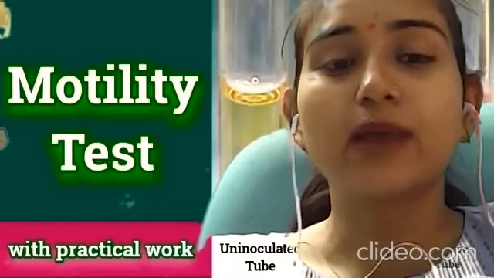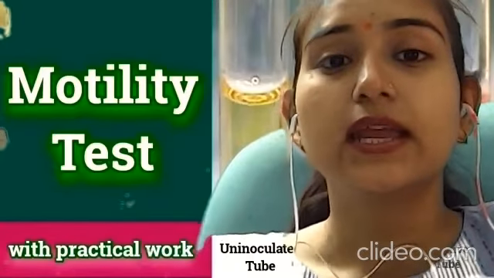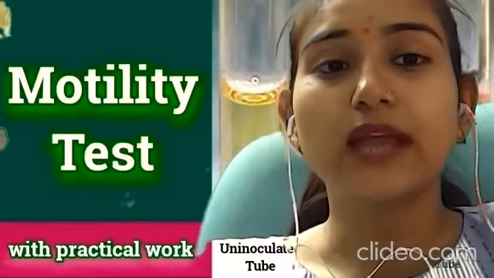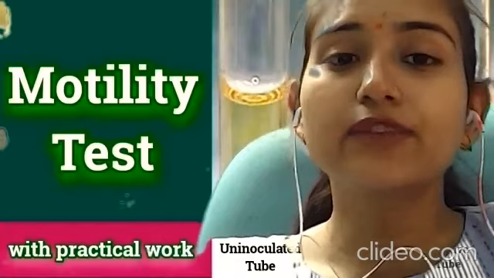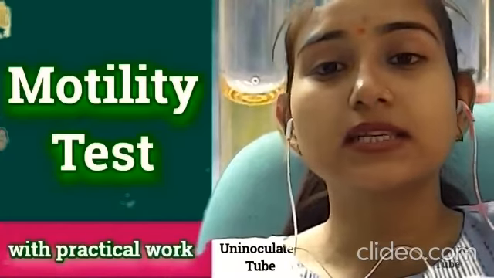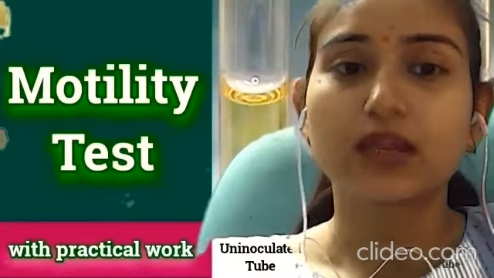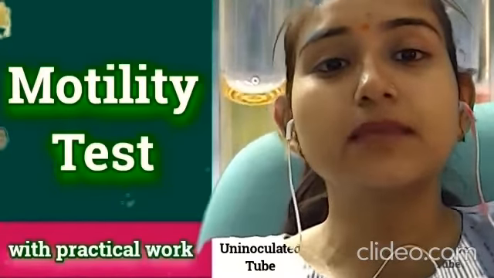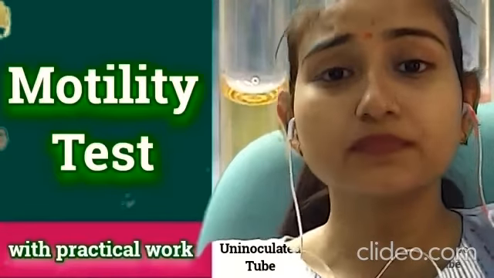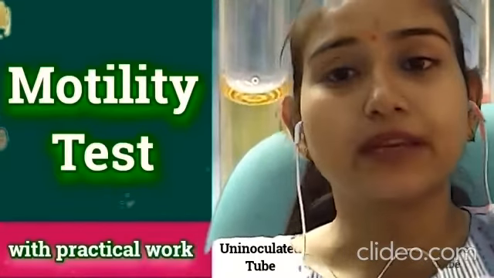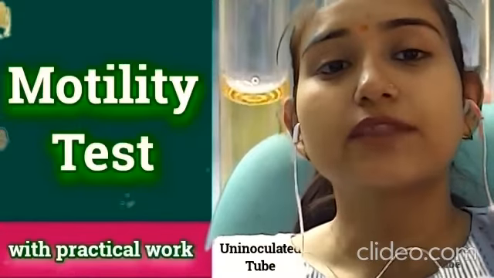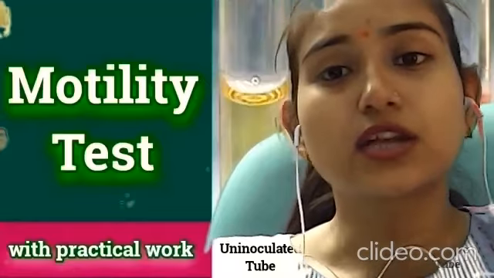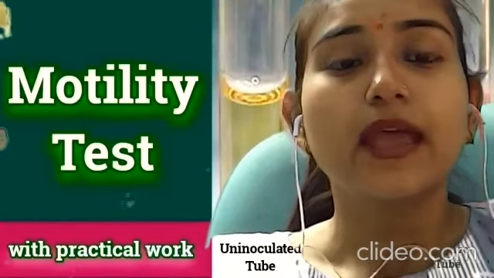Motility of bacteria is mostly demonstrated in a semi-solid agar medium. In semi-solid agar media, motile bacteria give a diffuse, spreading growth that is easily recognized by the naked eye. The medium mainly used for this purpose is SIM medium, that means sulfide indole motility medium, which is a combination differential medium that tests three different parameters: sulfur reduction, indole production, and motility.